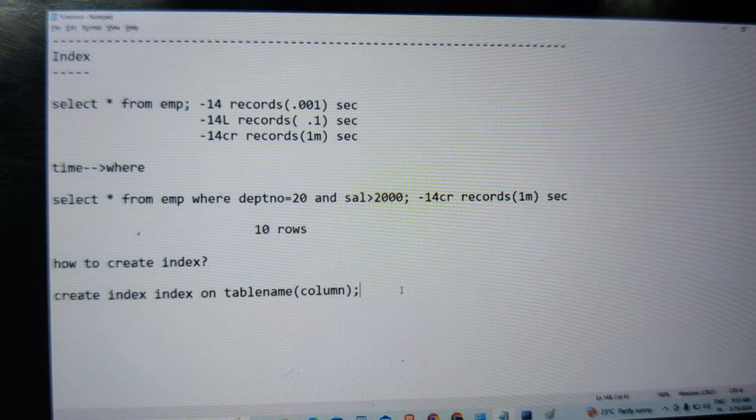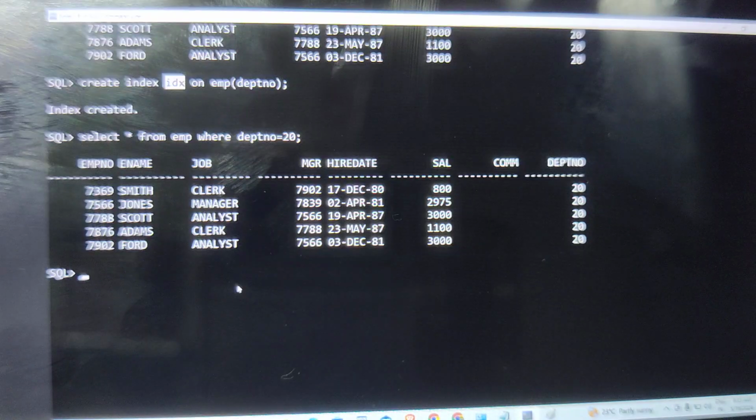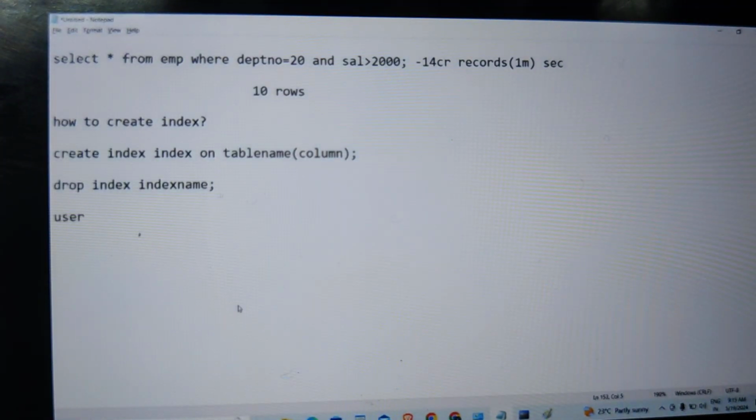Just understand how to create an index. Now for 14 records my index is not required, so we can drop the index. Drop index, because my records are not 14 crore rows and I don't want it. The index I created is IDX. Where are indexes stored? In user_indexes. It stores the indexes. As I told you, these are DBA tables, and there is no need for us to maintain them, everything is taken care of by Oracle.